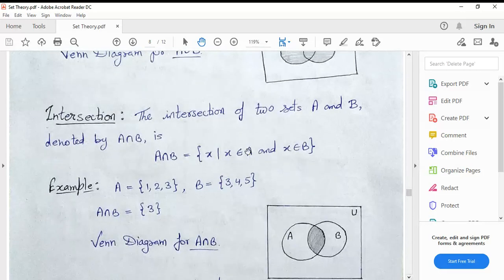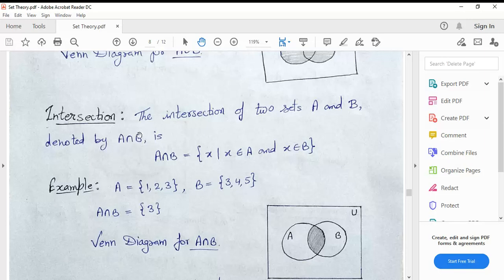Next, come to the intersection. What is the intersection? If we have two sets A and B, we represent the intersection like this: A ∩ B. What elements will be in A ∩ B?